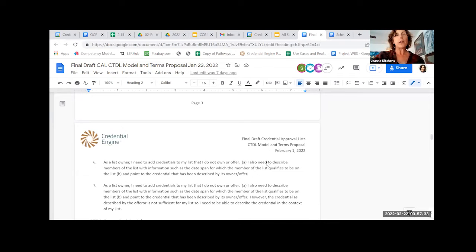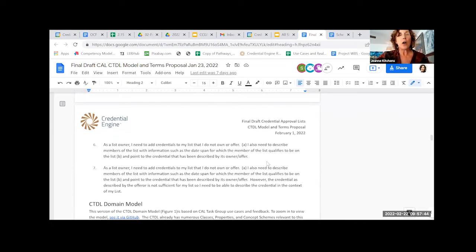Many organizations make it a part of their mission or a part of what they do to create these lists, but they're creating lists of credentials or learning opportunities that they don't offer; others offer those. And they want to be able to describe the members of the list with information that's pertinent to that list. But they also want to be able to point to the credential as it's described by the owner. So it's not a duplication of information.